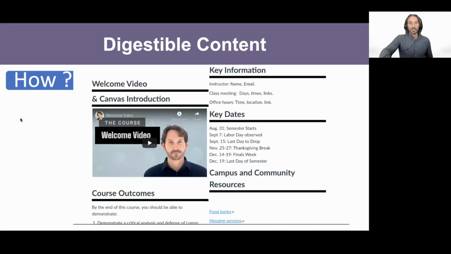Another aspect of it is we had talked about the visual clutter. So you want to break up the content in some way. So I provided just a very simple example of one way that you can break up the content. And so here you'll see that there's larger header text than there is body text. There's bars to separate the content, and then some bullet points are used down below. You can't quite see, but just like you would in making a paper syllabus,